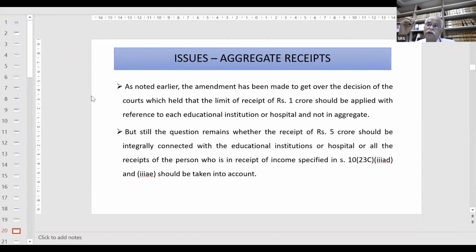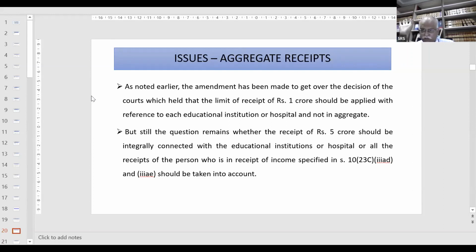But then, okay, fine. The amendment says that you compute the limit with reference to all the institutions run by the trustees, who are the persons in receipt of the income. But what kind of receipts will fall within this limit of 5 crore? Whether all the amounts received by the trust would come under that, irrespective of whether that amount is